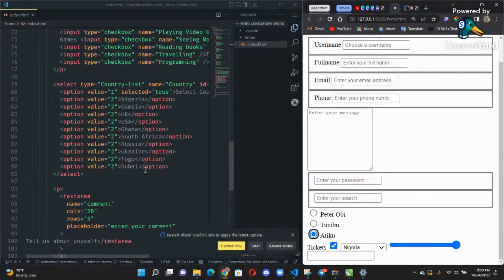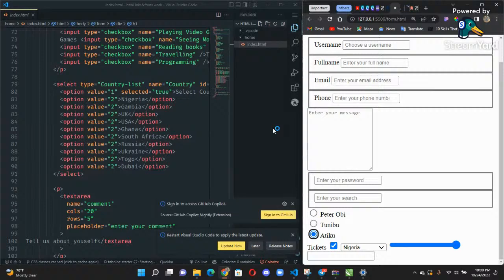From everything we've said now, you can understand what semantic HTML is: using a particular element where it's supposed to be used, and not using another element that can also do the same thing, whereas it's not what you are supposed to use. Then we came to table, and understood where we use the elements: the T head, the T body, the T foot, the TH, which is the table header, the TD, which is the table data, and the TR, which is the table row. We saw how to use it.